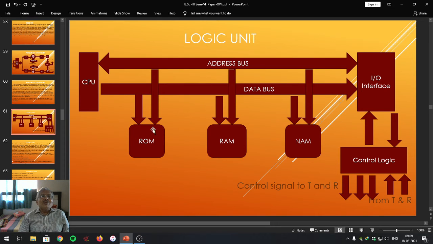And from this also, the data and addresses are going to be recognized by the respective buses. The address bus and data bus is also connected to the RAM, that is random access memory. You can access this memory randomly. You can read it also, you can write it. So almost all these operations you are performing, students, by using keyboard into the memory of the cell phone. You are using additional memory as a memory card.